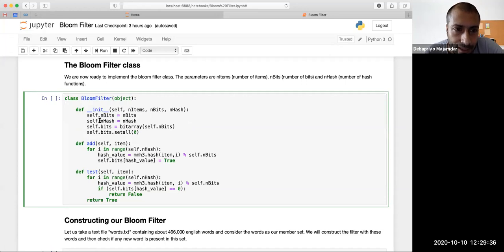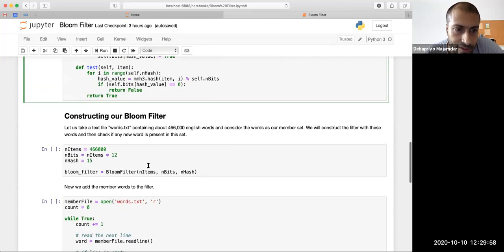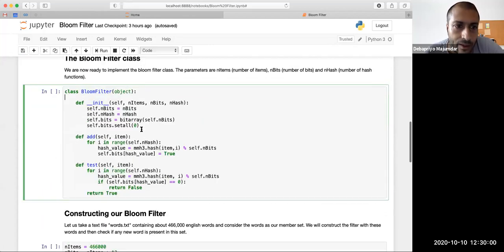Then the object will know that the number of bits for this instantiation is this much, number of hashes is this, and it will create a bit array of this size and set all bits to 0. We'll see that when it does it below.